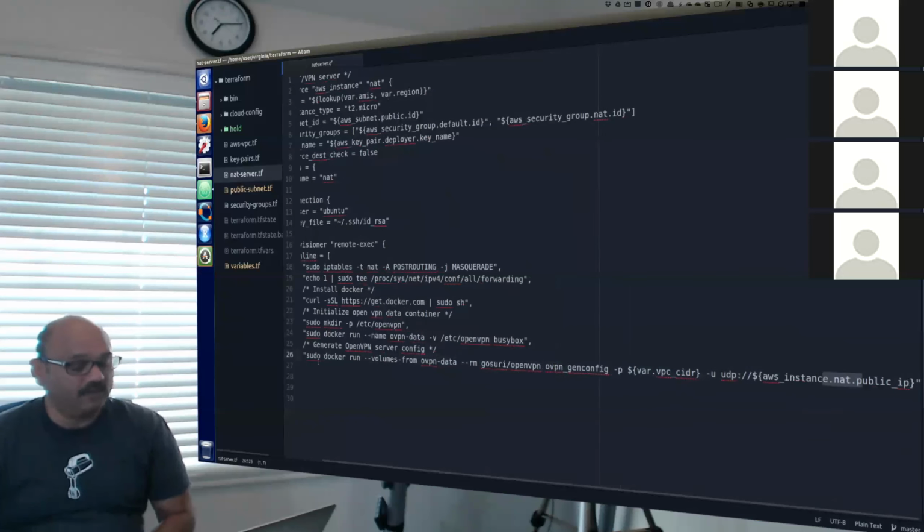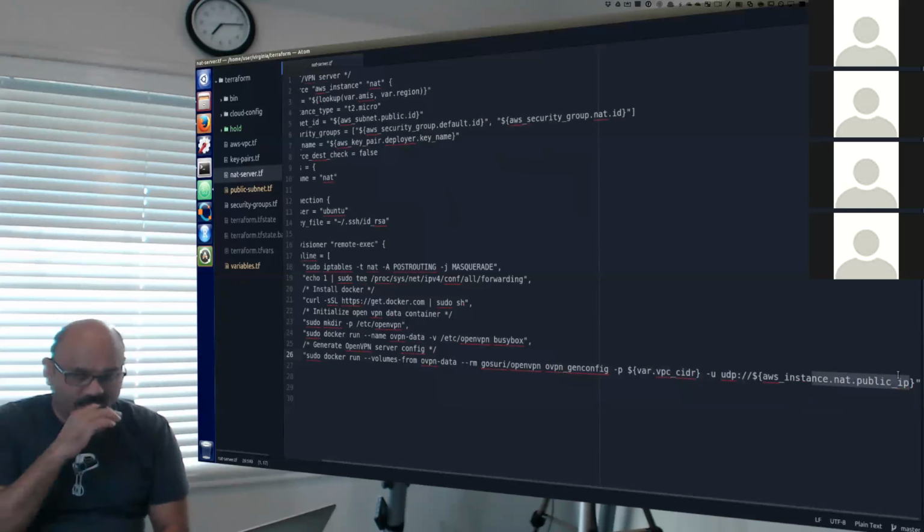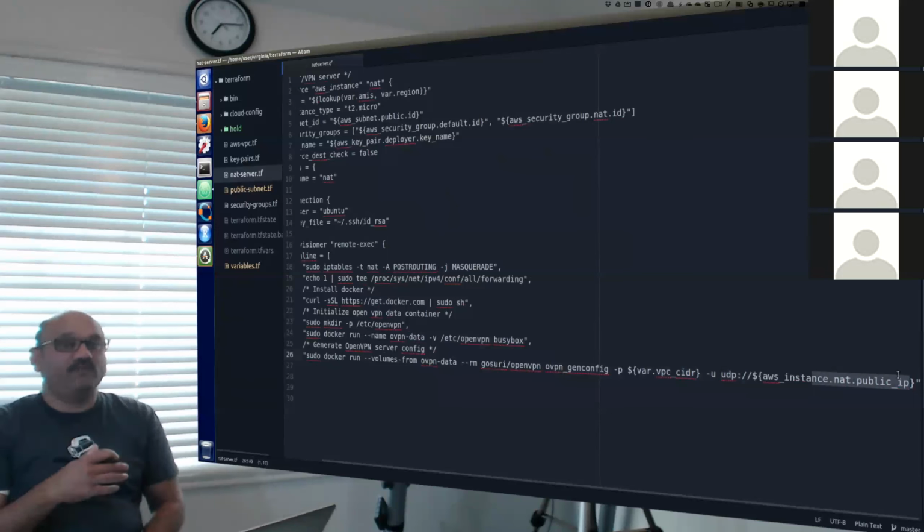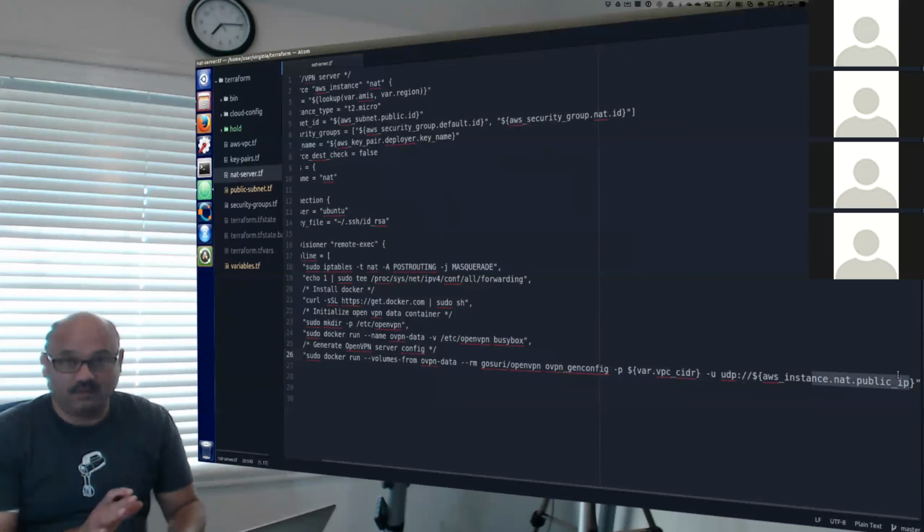So that is what we are basically doing with this docker run volumes-from OpenVPN data to run an OpenVPN container, generate an OpenVPN configuration based on this particular CIDR block and that particular UDP port on the NAT public IP instance. So lots of things in here. It is probably one of the most complex things to understand, but we will play this and you will see what it is doing for us as we execute this.